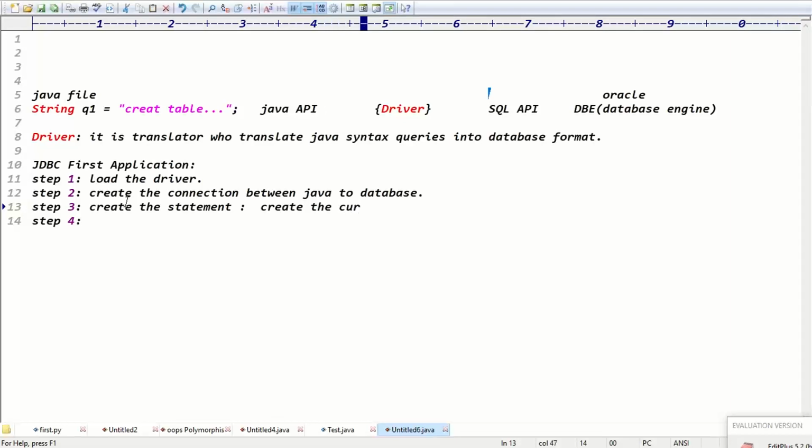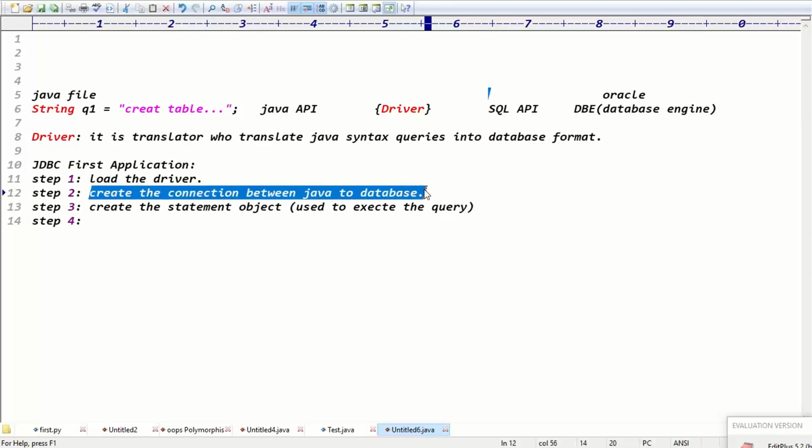Guys, statement is also known as a cursor, which means create the statement object. The statement object is used to execute the query, right? Exactly, guys. Step one is what? Load the driver. After loading the driver, create the connection.